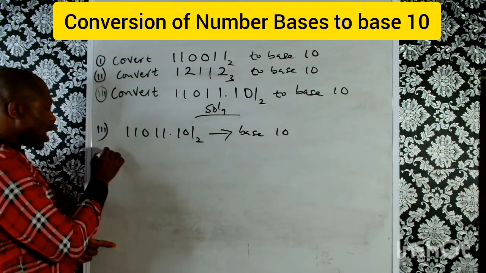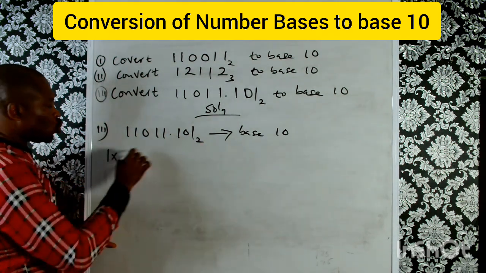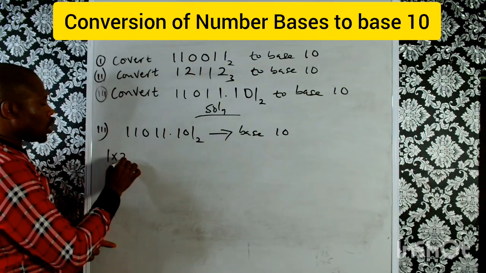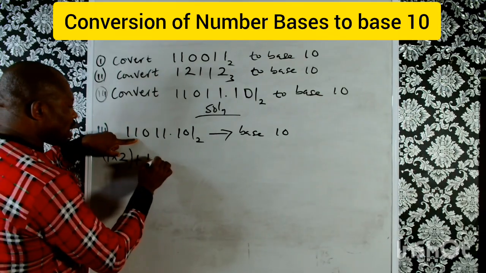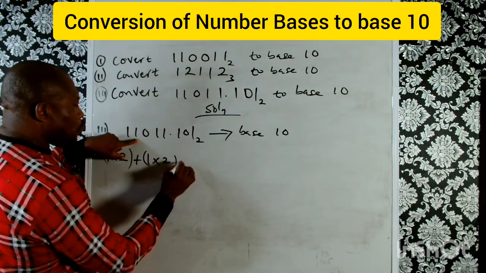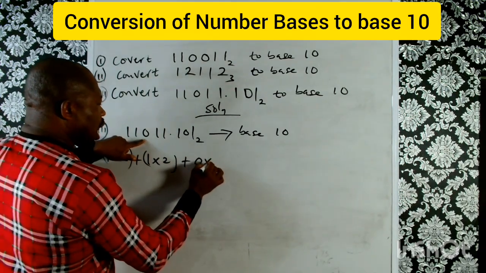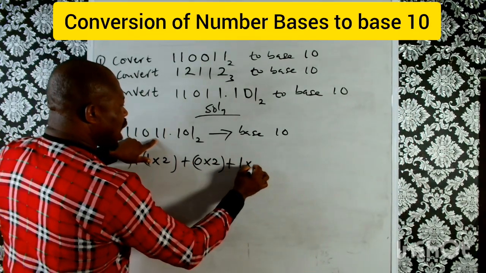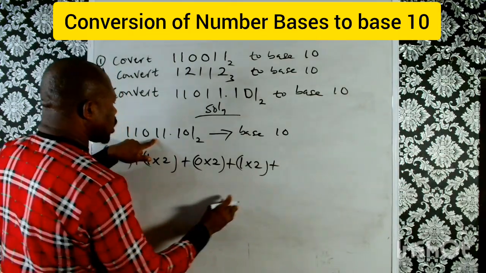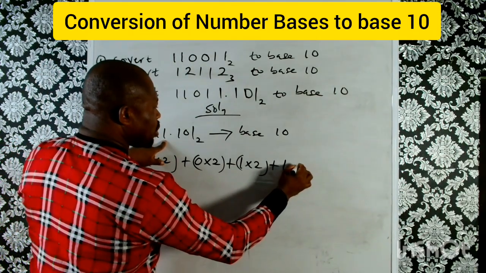Which will give us 1 times 2, plus 1 times 2, plus 0 times 2, plus 1 times 2, plus 1 times 2,